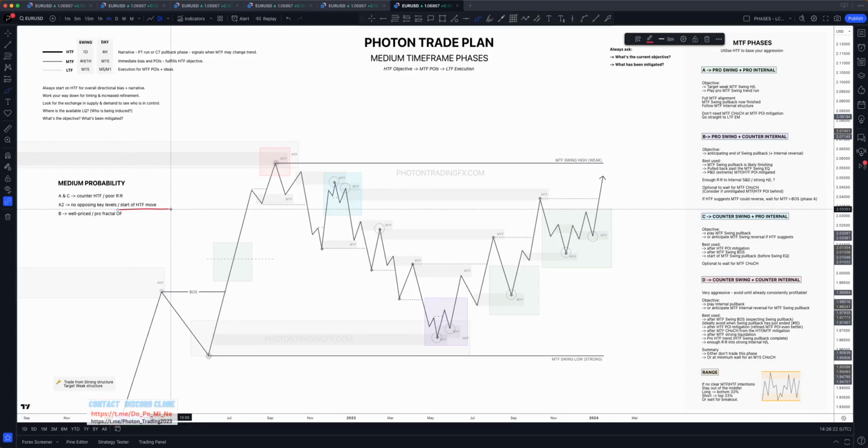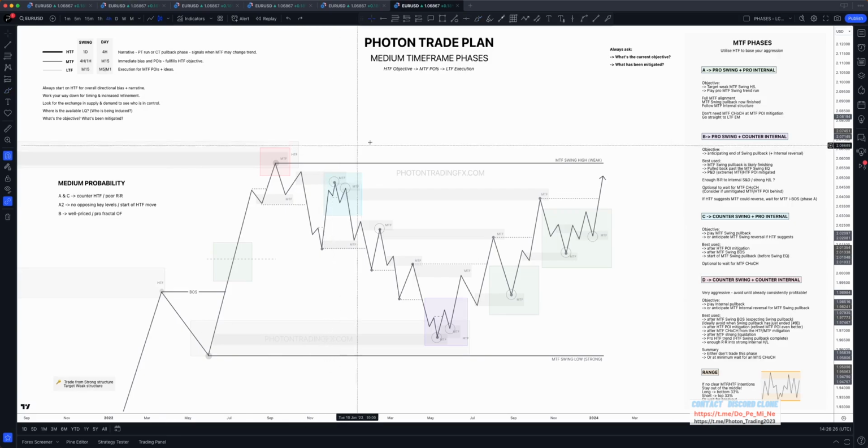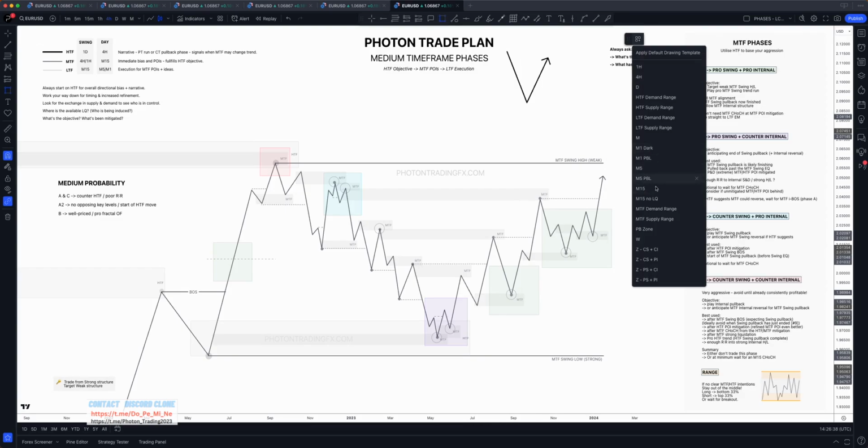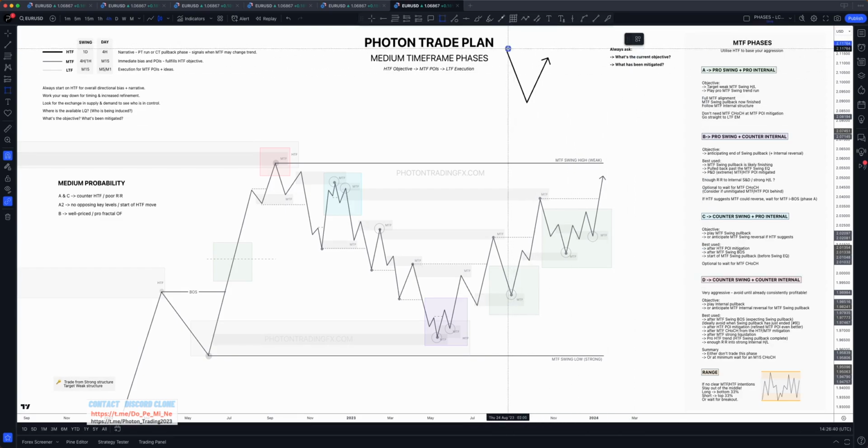I'll show you some real examples because it'll be way easier to visualize with a real example. But essentially, let me see if I can think to draw this. A start of a higher time frame move would be like, imagine this black line is the 4 hour chart and imagine we've had the 4 hour swing pullback all the way up into a 4 hour, where's the 4 hour? A 4 hour extreme supply zone, right? So we know that this is, let's say, the 4 hour swing high. This is the extreme supply.